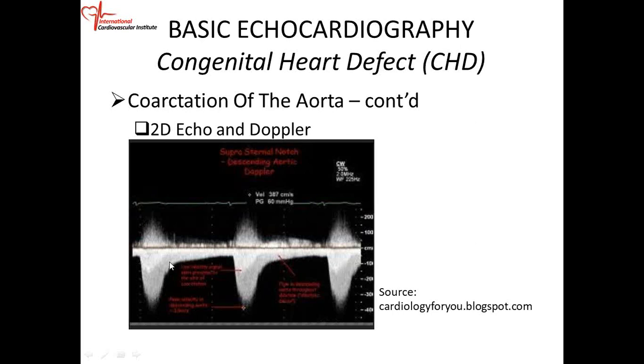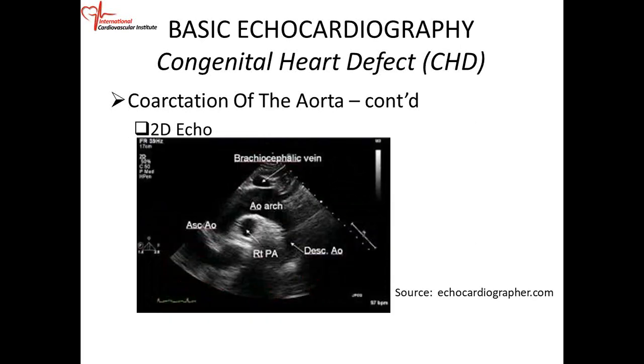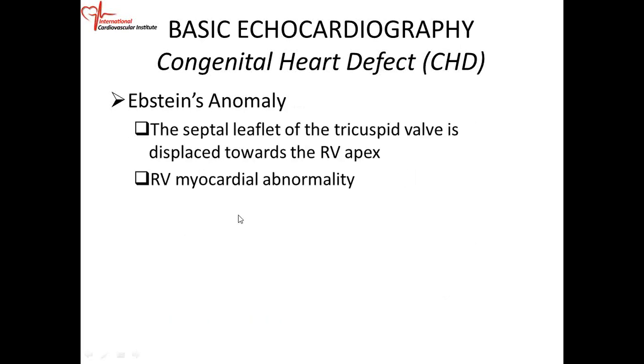You have a diastolic velocity where in the normal Doppler across the descending aorta, it goes straight to the baseline. Now we have a diastolic velocity, and then the peak systolic velocity is increased. This is a sawtooth pattern, which is classic for coarctation of the aorta. All right. So again,